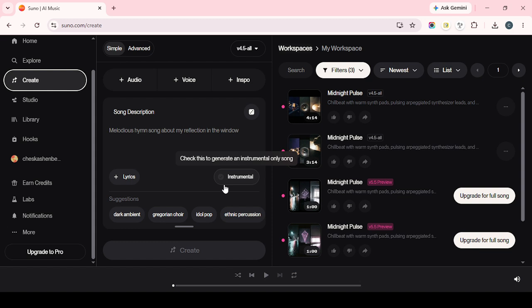Suno will begin generating your music based on the lyrics and style you selected. Give it a moment to process and then listen to the result carefully. If the first version isn't exactly what you had in mind, you can always adjust